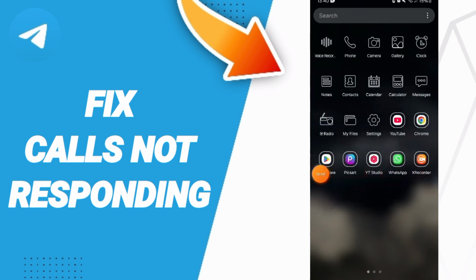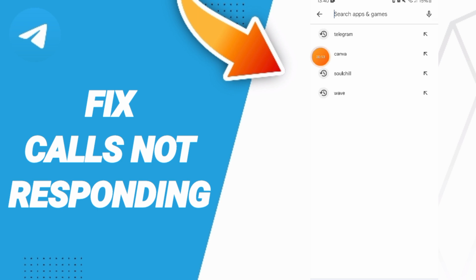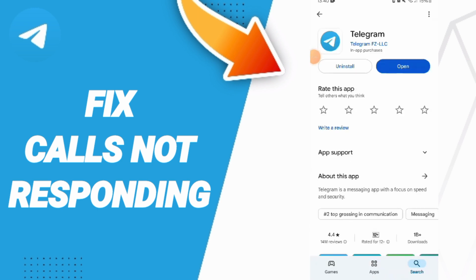Here we go to Play Store. Then you will search for the application of Telegram. Here you can install your app and you can install the game, so please don't